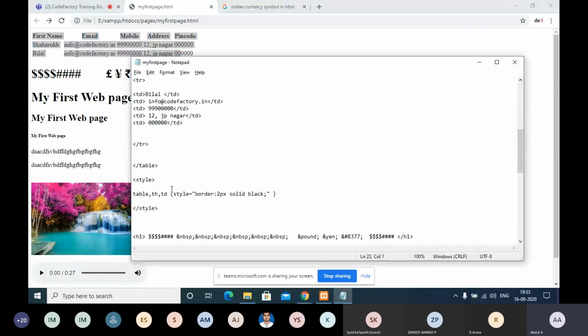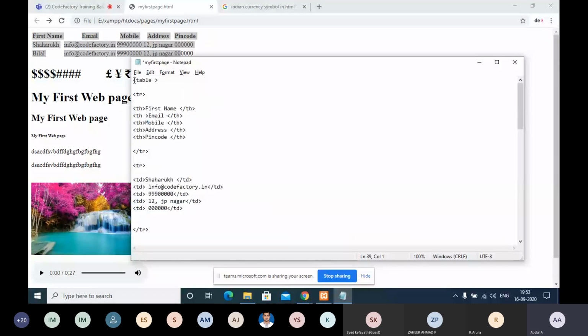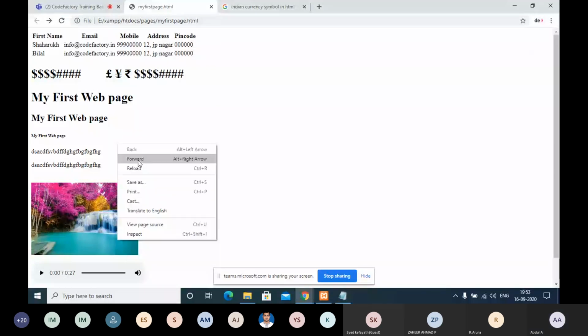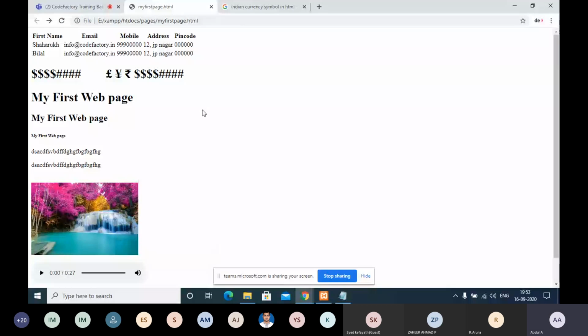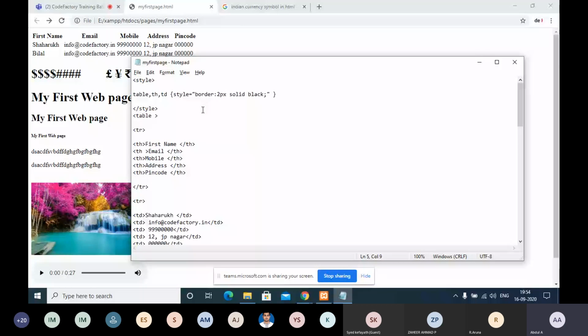So for the table style, have I done it? I think it is not being applied, maybe due to some reason. Even we can call by ID, or we can call by class. A lot of things are there.